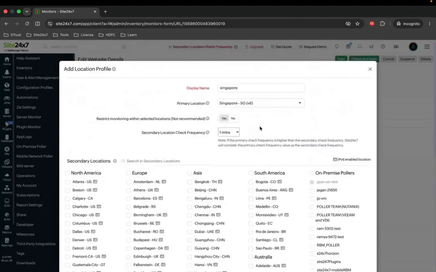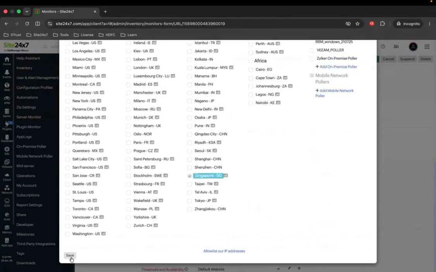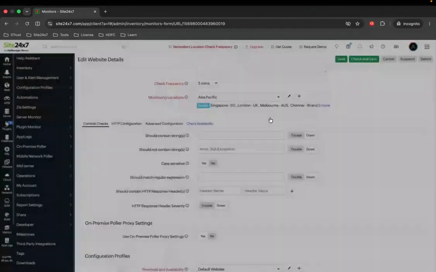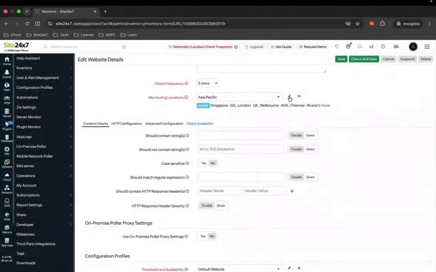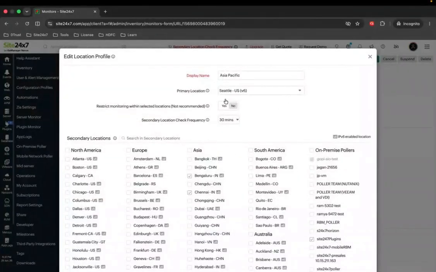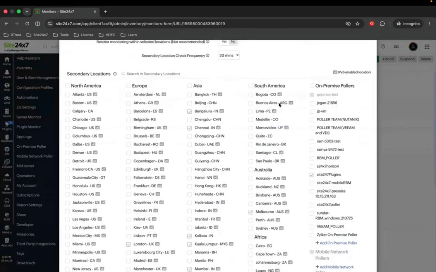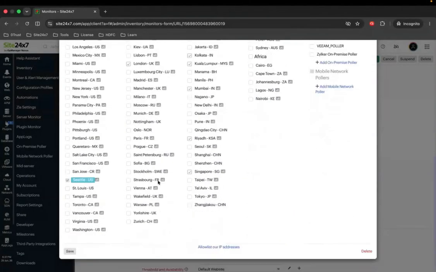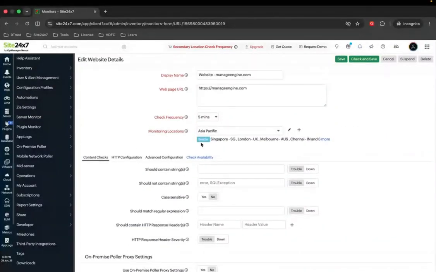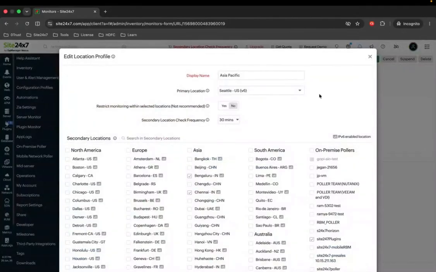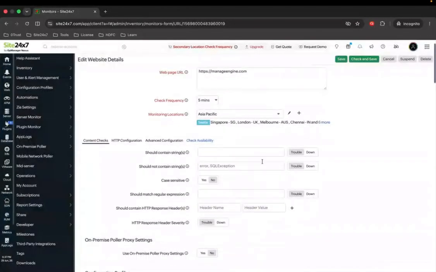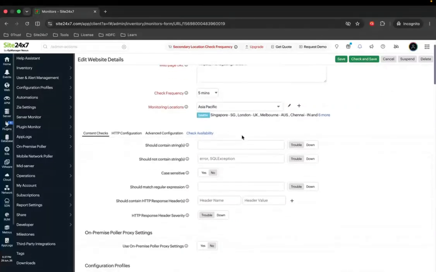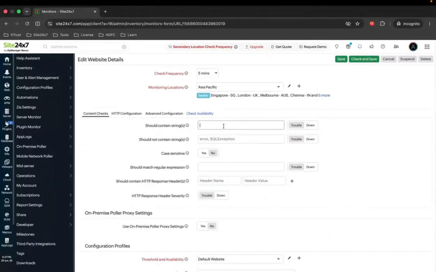So once we create a profile, we just have to save it here, and we already have an Asia Pacific profile created where we can see Seattle as the primary location and Melbourne, Kolkata, Kuala Lumpur, Mumbai, and London selected as secondary locations. So here the polling will happen for this website from the primary location every 5 minutes and from the secondary locations every 30 minutes. So this is the first level of configuration,